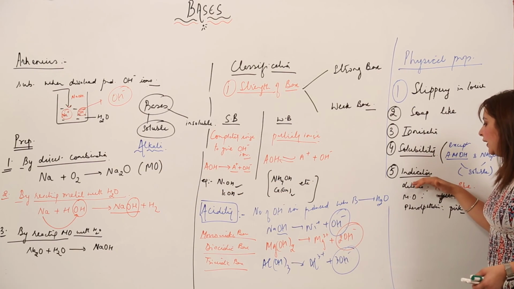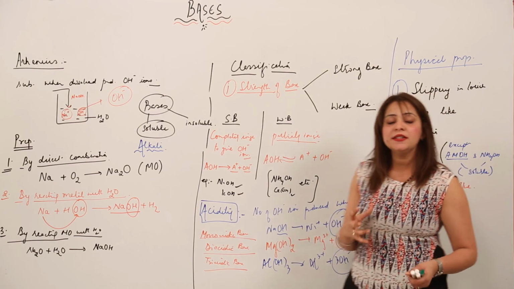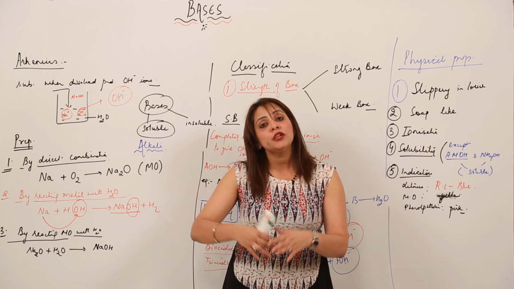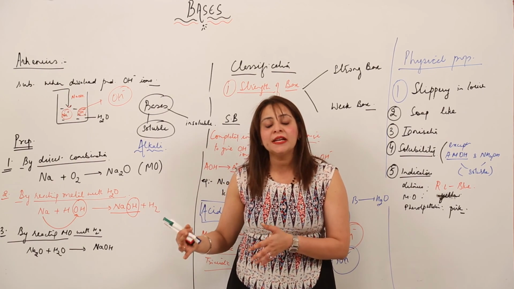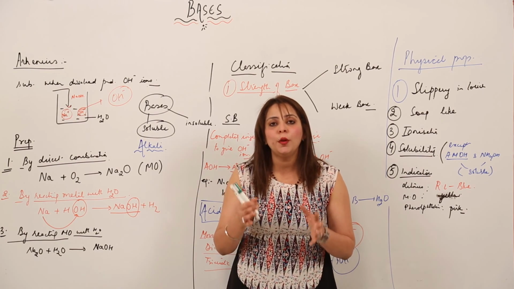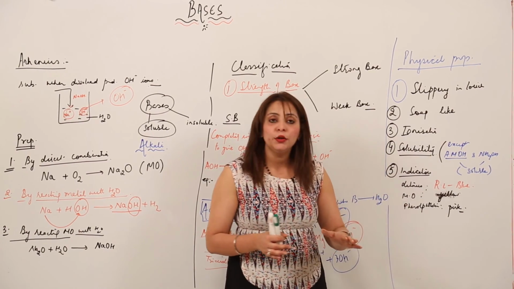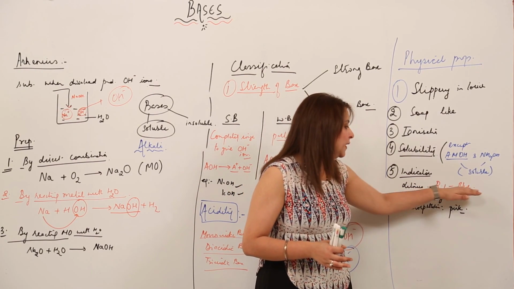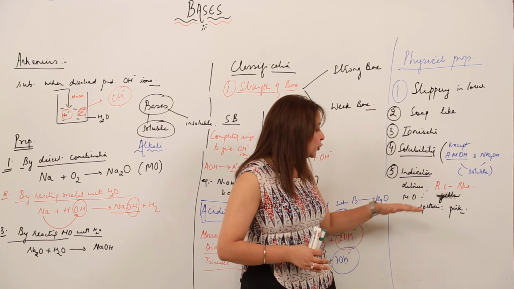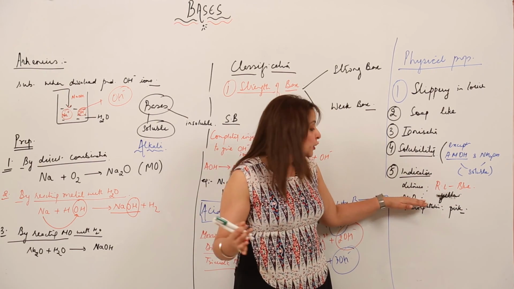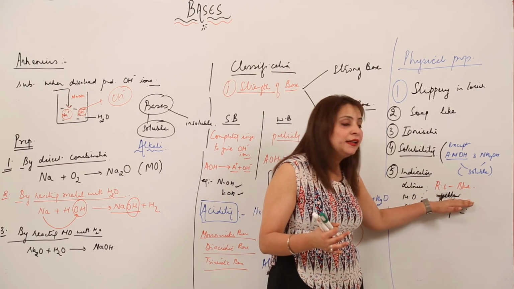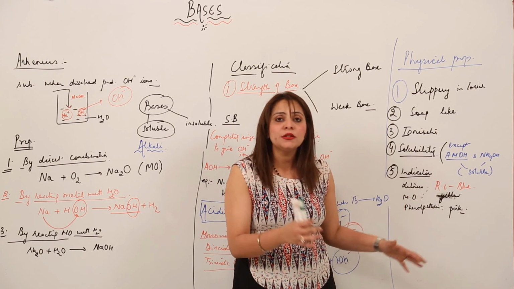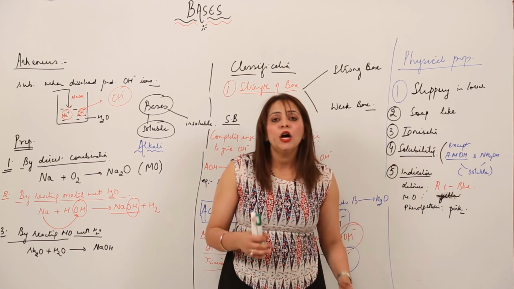And when we talk of indicators, as you know, indicators are certain substances which change their color when we add certain substances to them. We have a lot of indicators, and we will take up a separate topic for that. For now I am just telling you the effect of bases on these normal indicators. On litmus, they turn red litmus blue. On methyl orange, which is orange, when treated with base it turns yellow. And phenolphthalein, which is originally colorless, changes to pink when we add base to it. Now we will be taking up the chemical